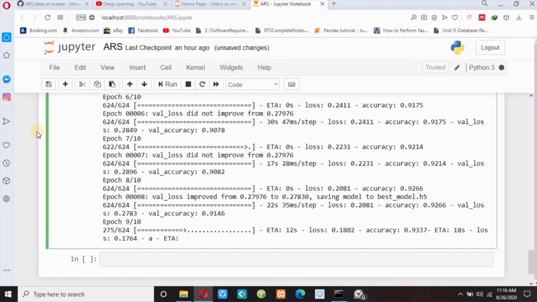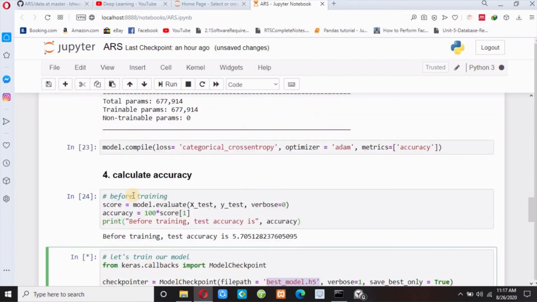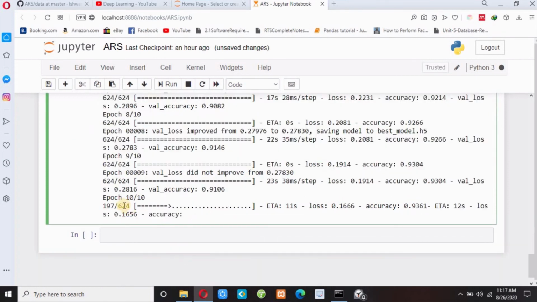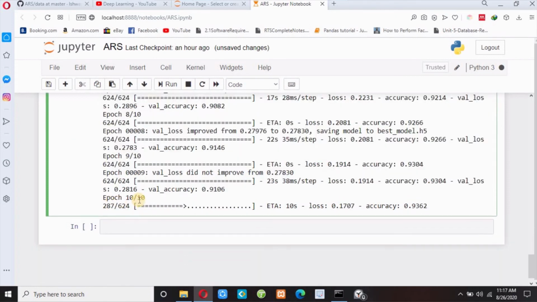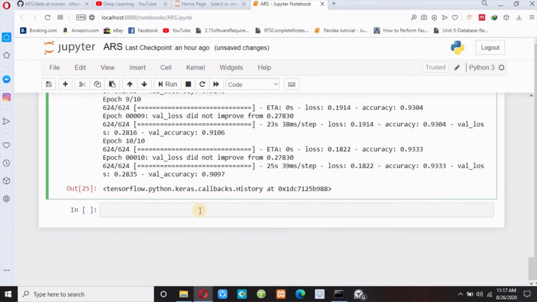So I have already explained about training and testing. Training is for training our model, and testing is used for calculating our accuracy. Now it is the last epoch, and our accuracy is nearly 91 or 93%. Let me calculate it later. And this star sign means it is still executing. Now it has shown me a number, an integer number, so my execution is completed, and our accuracy is more than 90%.